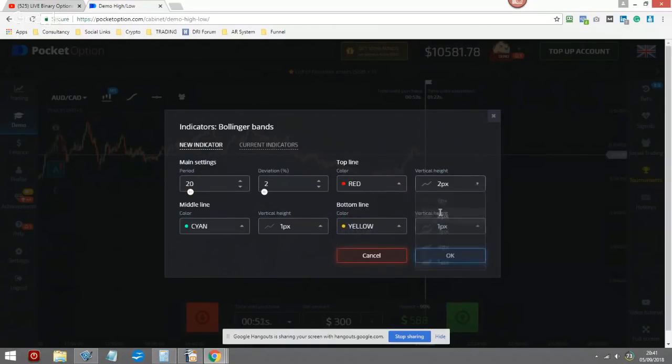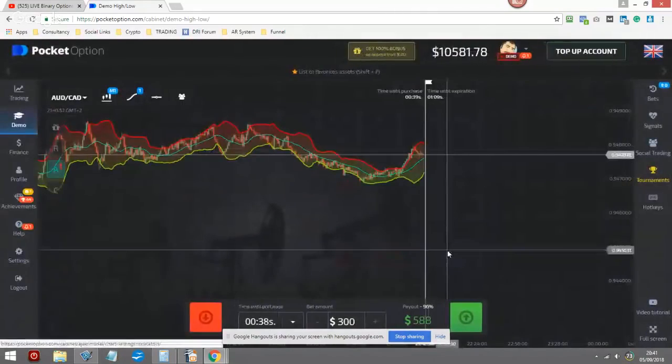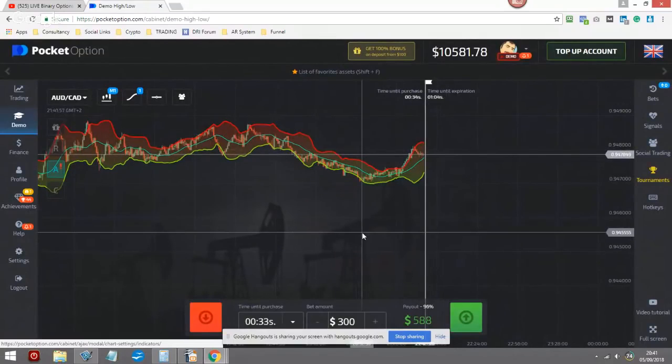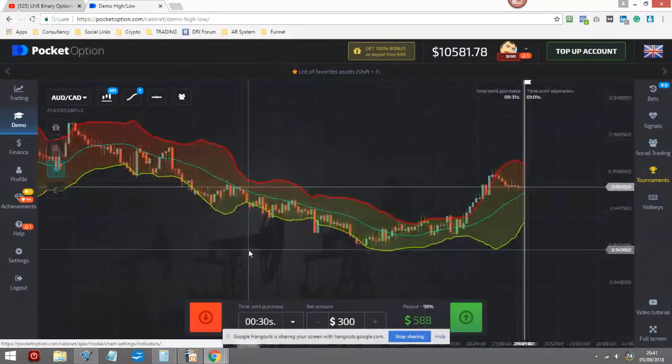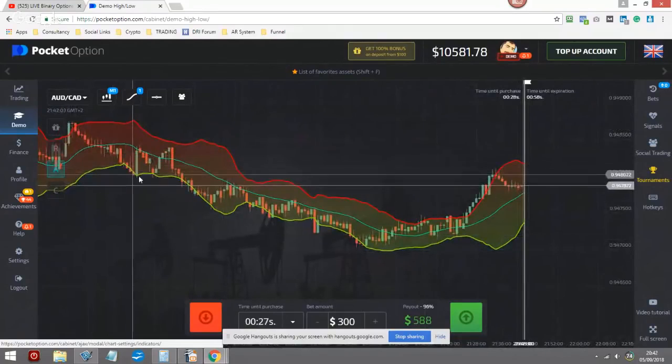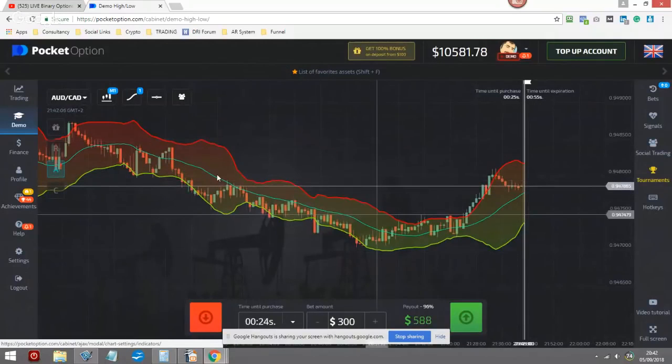And then the bottom line I change to green, and again I make it thicker so I can see it. Like I say, I ignore this middle one because obviously from this point of view we're not going to be doing anything with it. Now hopefully automatically you're saying that this is probably a bad chart. You can see that there's a lot of jumping outside. The trend is clearly down, though it seems to be coming up. But again, a lot of craziness happening here and wide